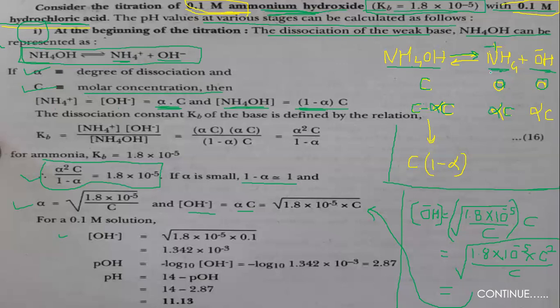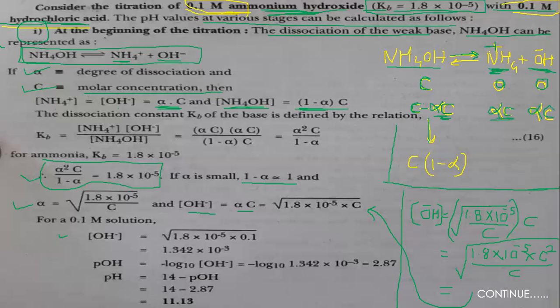सो डिसोसिएशन में क्या हो गया देखो, listen carefully, here NH4 is formed and OH minus is also formed, so their concentration definitely is going to be equal, क्योंकि एक एक तो बनने वाला है, okay, that is also alpha C. तो ये कितना कम होगा, अगर ये अल्फा C बना है, ये भी अल्फा C बना है, तो इसका इनिशियल कॉन्सेंट्रेशन माइनस अल्फा C कम होगा, है ना. सो इनिशियल कॉन्सेंट्रेशन में से कितना कम हुआ है, अल्फा C, क्योंकि ये अल्फा C बने हैं.